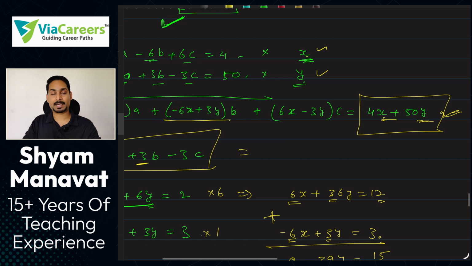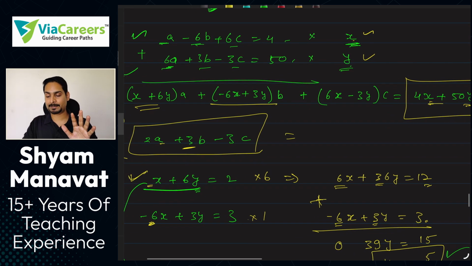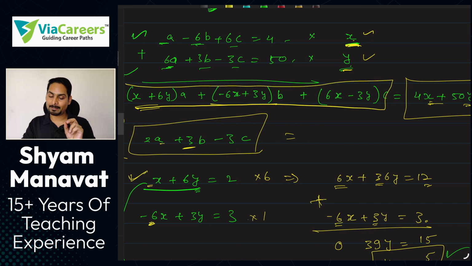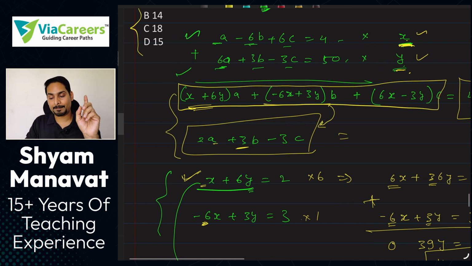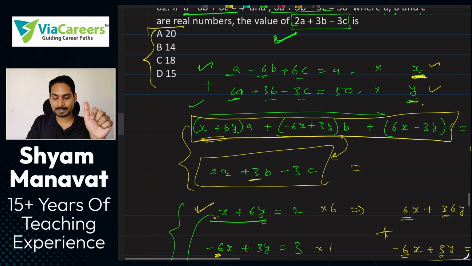Okay, I'm skipping one step here. कौन सा step मैं skip कर रहा हूँ? Actually हमें करना क्या चाहिए? What we should do here is substitute the value of x and y in the left hand side all together, and then match left hand side and right hand side, and check that it is giving the same combination. उसके बाद आपको right hand side का value निकालना चाहिए. But it's very obvious that we have used the left hand side to get the value of x and y. Compare the coefficients. So it is very obvious that you are going to get the same, right? हमें वो कब try करना चाहिए?